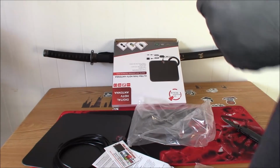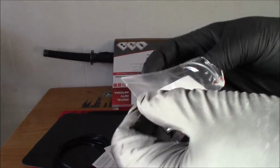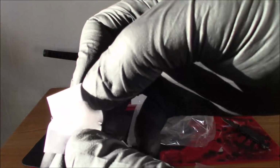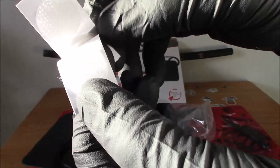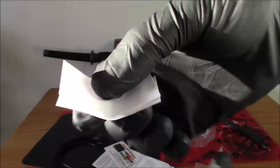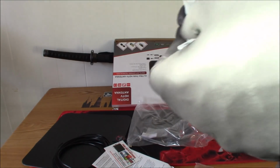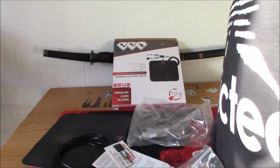And you get these little strips you put on the back so you can attach it to your wall and take it off whenever you're ready. Oh my goodness, it sticks to my glove already. But you put one on the back of your antenna and one on the wall where you want it to stick. Then you have, gonna get this out of here. You guys can see it. There we go. The USB powered